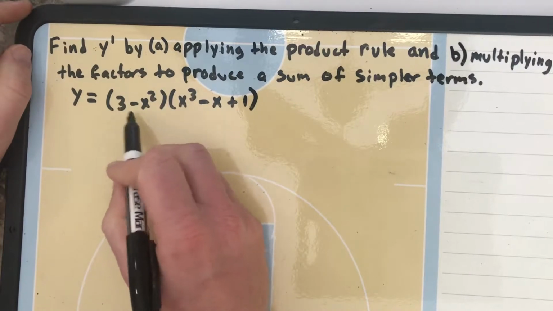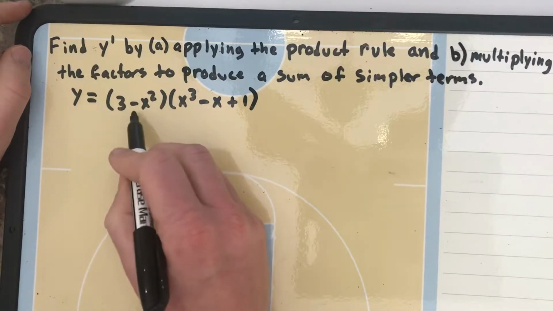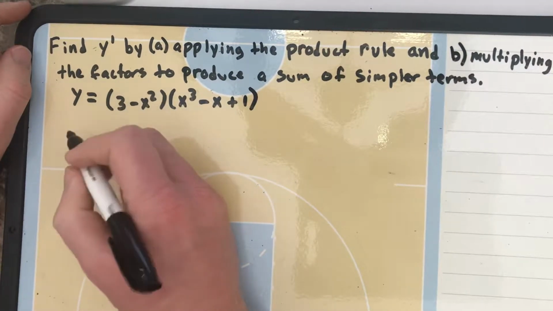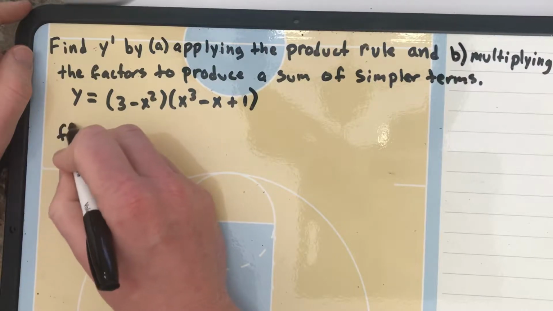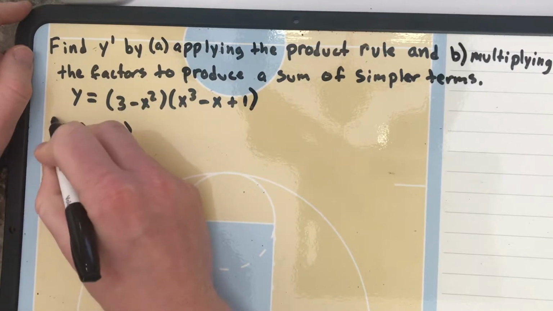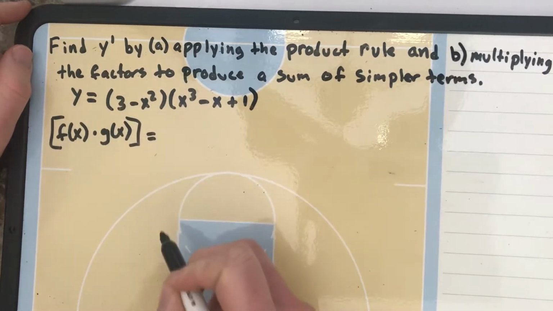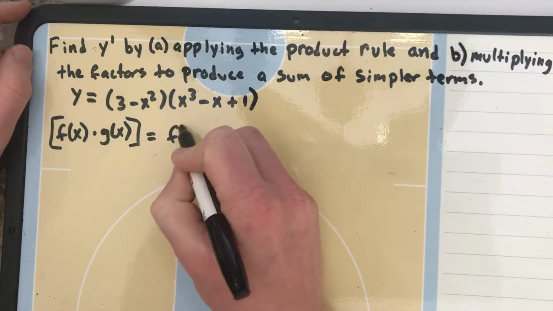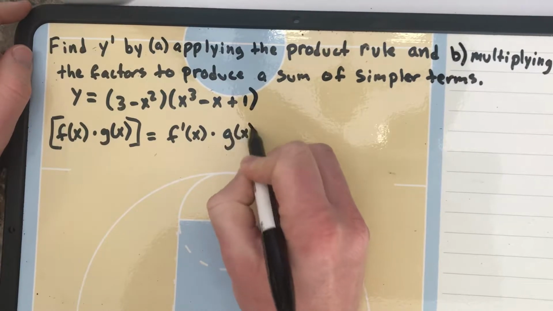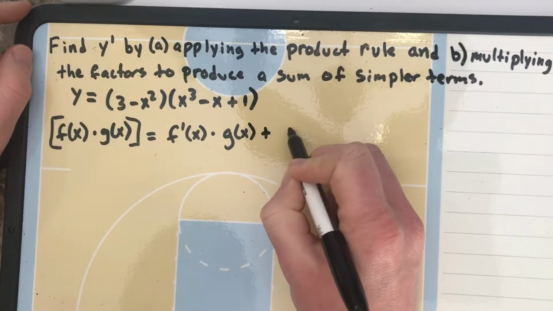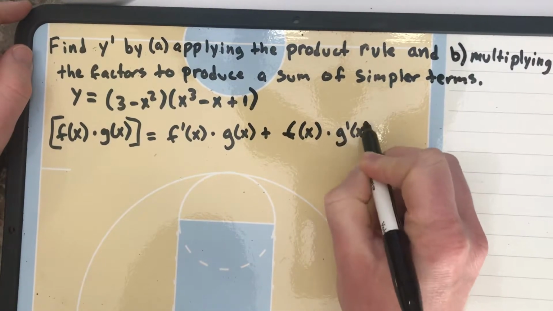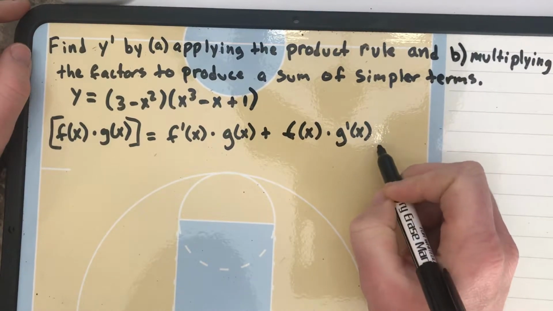So let's find the derivative of the first function first. Let's write all this out. We know f of x times g of x is going to equal f prime of x times g of x plus f of x times g prime of x, which in our case is going to equal,